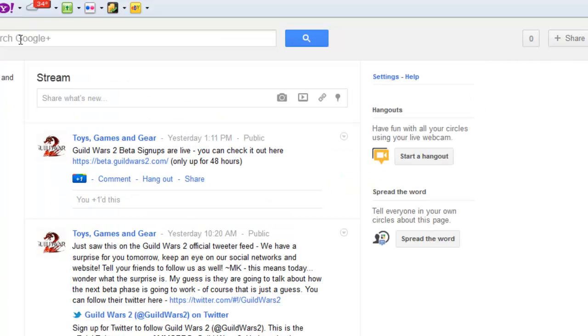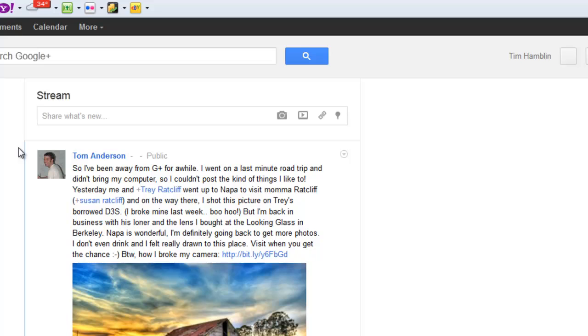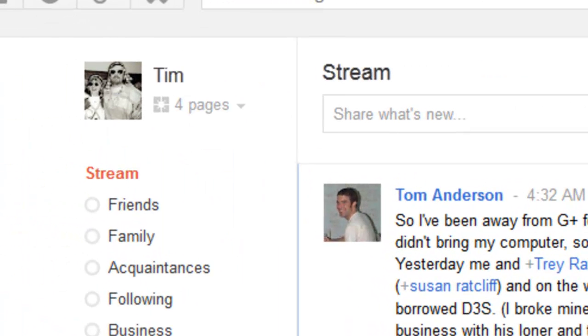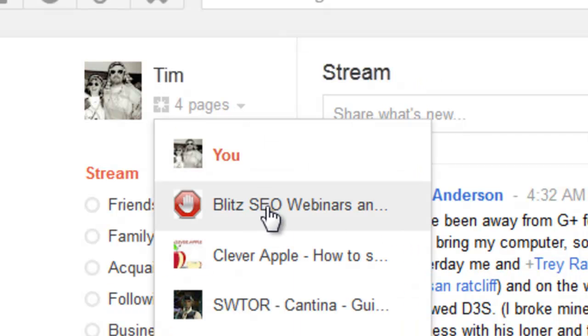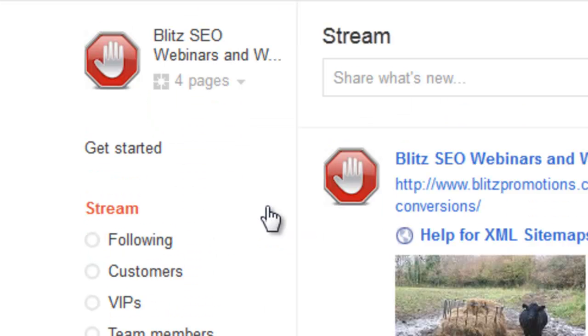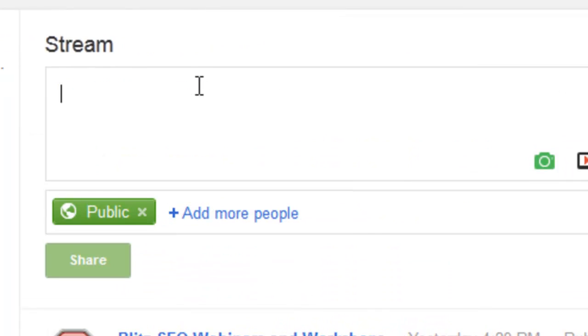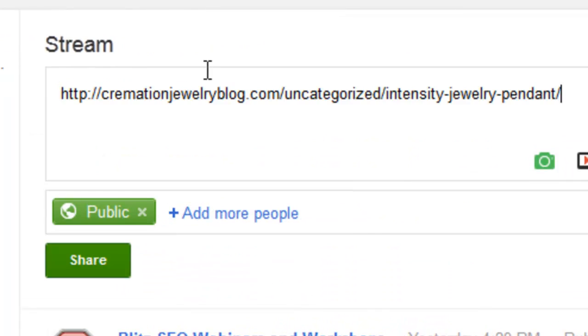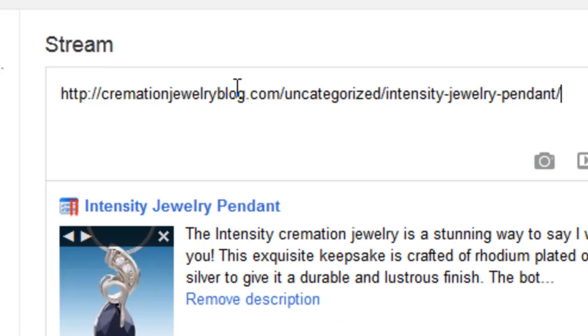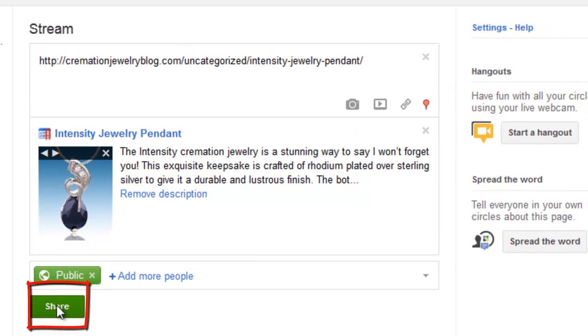Also, Google Plus. When you're in Google Plus, this is like the starting page. We've talked to you in our guide about creating a Google Plus page. So we want to go to the page that we're wanting to use. We click here. Then we would go up here to our stream. Click that. Control V. That's the right picture, and you would just click share.